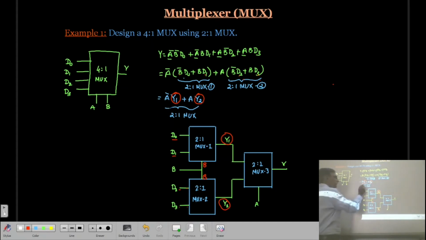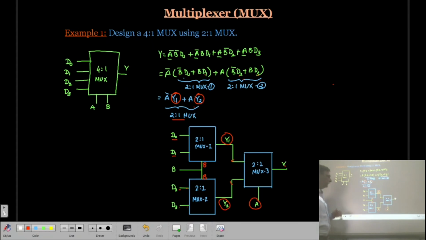Now I already mentioned that this is also a 2-to-1 multiplexer which has inputs Y1 and Y2, which you can see in this diagram. And A is the selection line, so this is my selection line and Y is the output. Okay? So remember that when A is equal to 0 or B is equal to 0, accordingly you can write the expression and see which of the inputs is going to be present at the output.